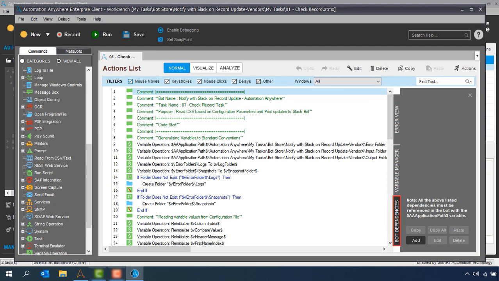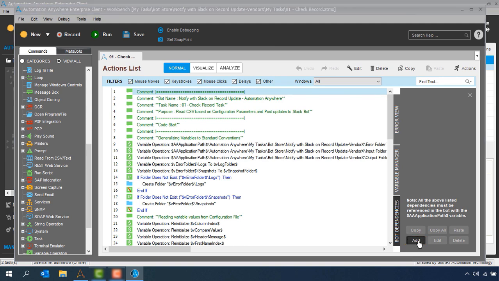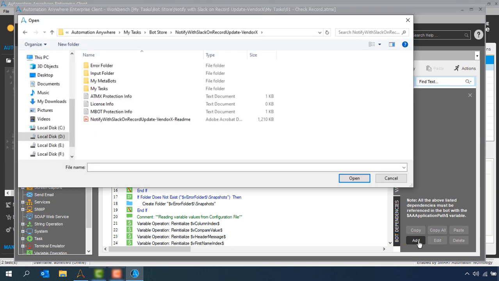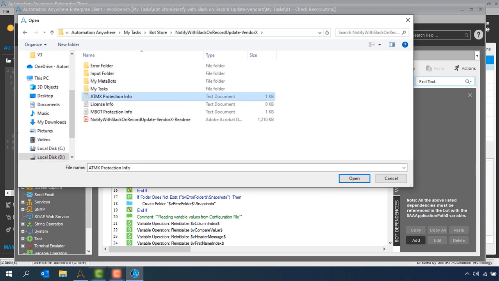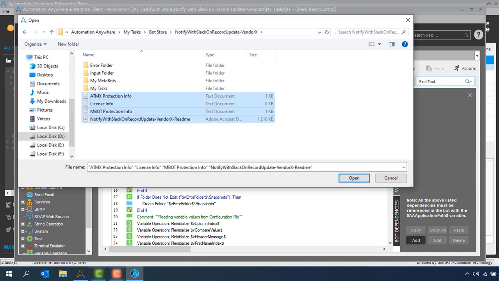On the right side, under Bot Dependencies, click on Add. Navigate to your Slack bot folder. Select ATMX Protection Info. I'll hold the Control button so that I can select multiple files. I will select License Info, mbot Protection Info and the README file.